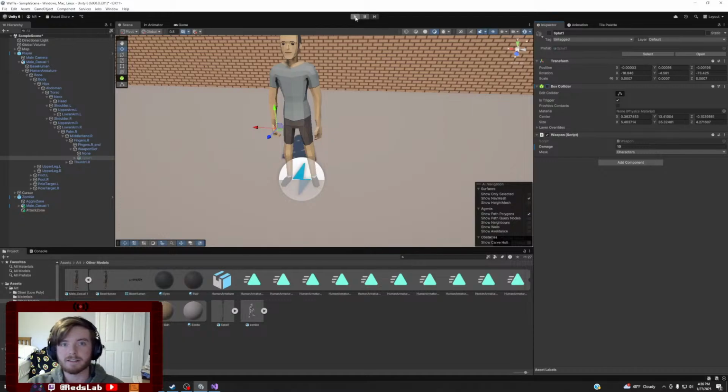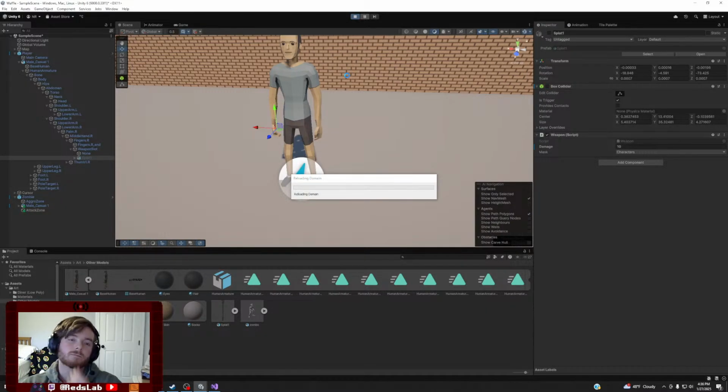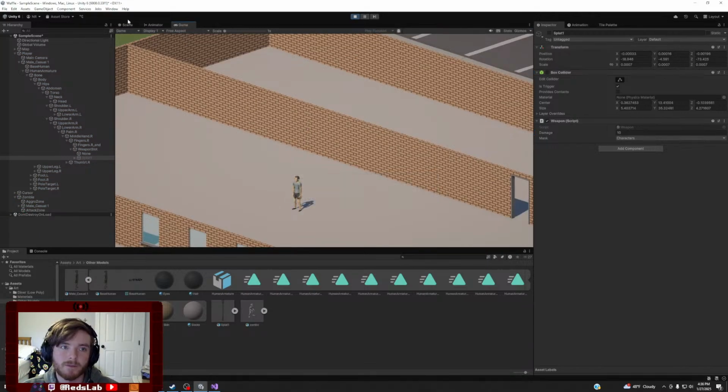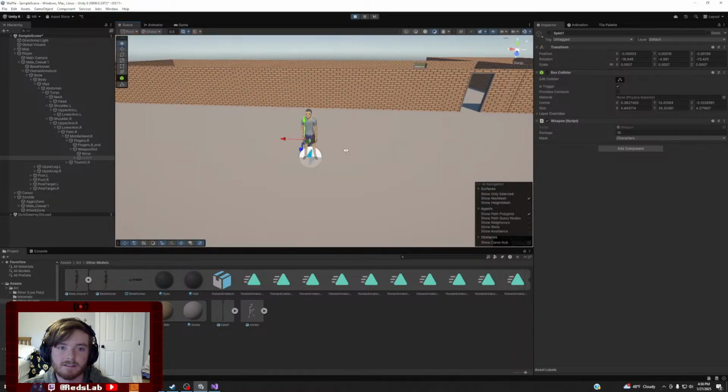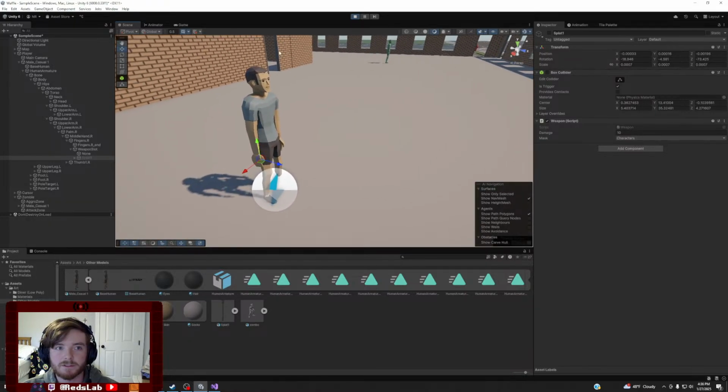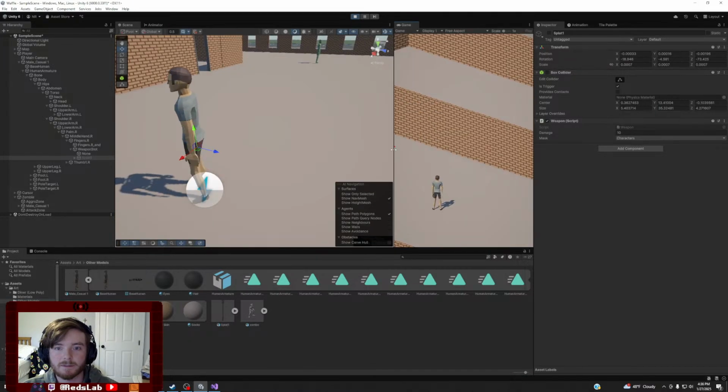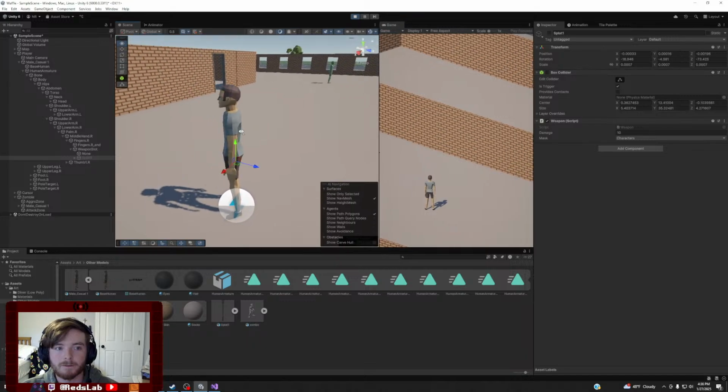So if we want to see that play out, we'll launch this on up. So if we go to the scene, we can go here. I'll position this pretty well, and there we go. So we can look at this,